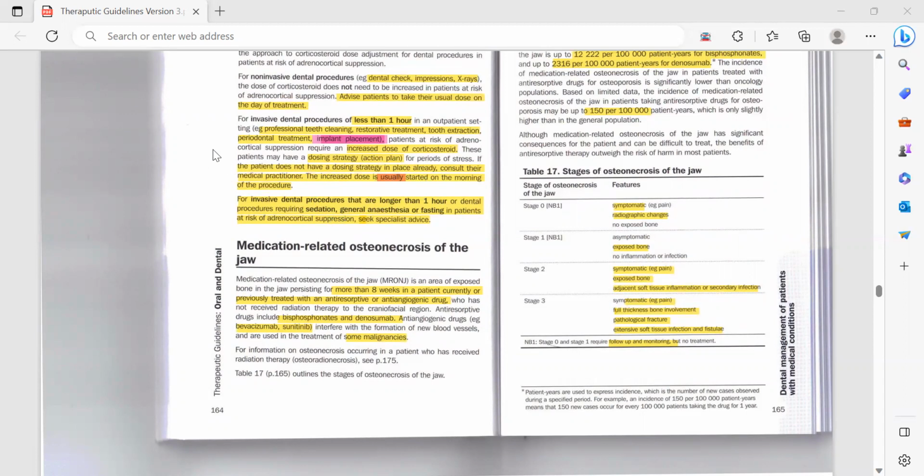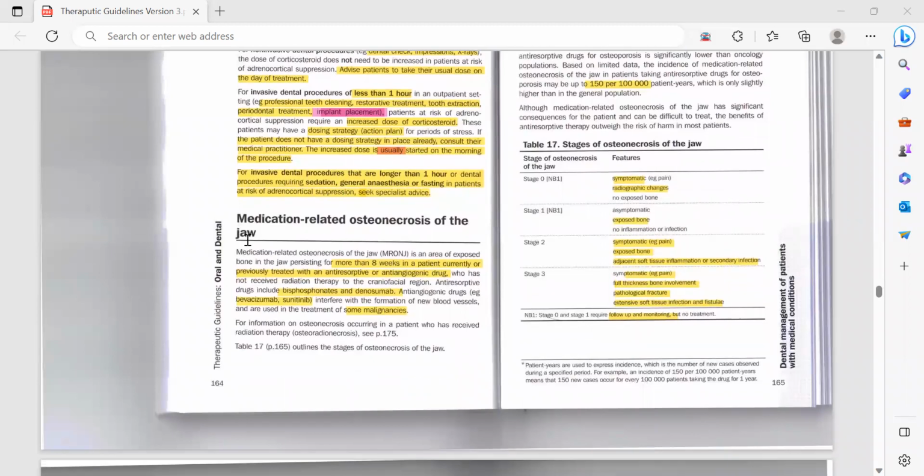Okay, so generally in the scenario they ask this middle thing, which are the common procedures that you would be doing in your patient. You need to understand that in this case you need to consult with their medical practitioner to ask if there is any way to modify their dose to make their body compatible with the physiological stress. Then the very important topic again, which is medication-related osteonecrosis of the jaw, also known